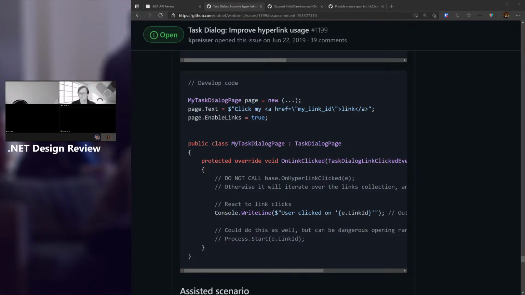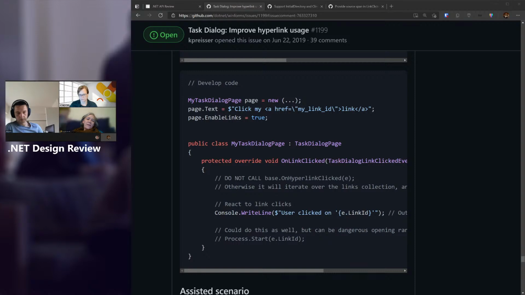Go ahead, Kathleen. But, okay, just to be clear, let me ask just this question, Igor. I put 3 anchors in there. Okay, does it work the way I expect it to? You will have 3 hyperlinks on which a user can click. I will correctly get the link ID for each one.